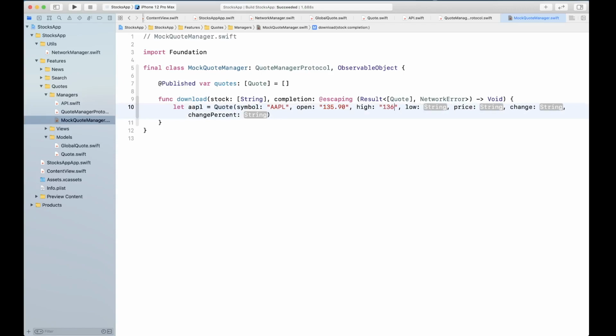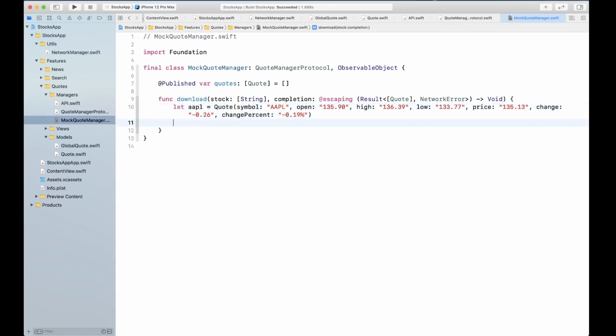High is 136.39, 133.77, 135.13. Just some mock data. Then .26, and the percentage change, we're going to say negative 0.1 percent.